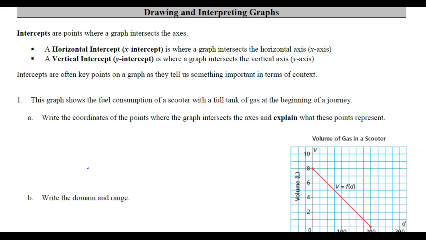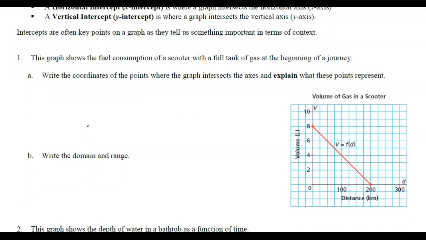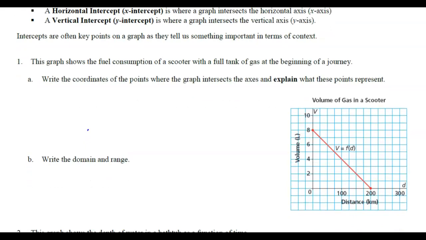So if we take a look here at the first one, the graph shows the fuel consumption of a scooter with a full tank of gas. Okay, so this is the volume, and this is the distance the scooter travels. So write the coordinates of the points where the graph intersects the axis. Okay, so that's with a C because it intersects another line, but it's actually called an x-intercept, and explain what these points represent. So the vertical intercept